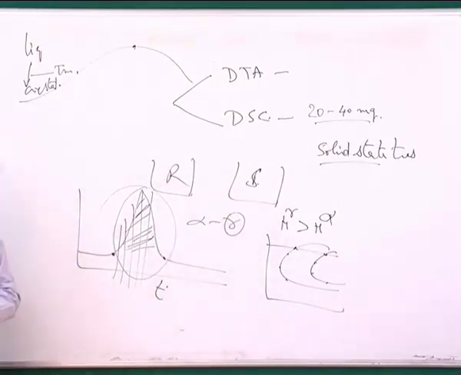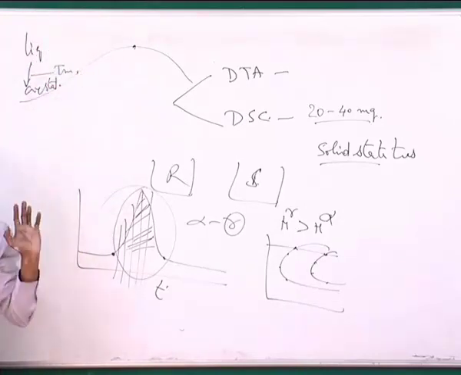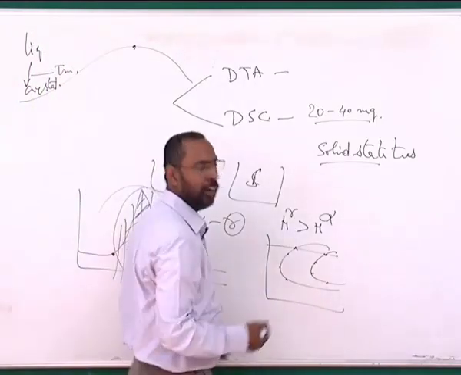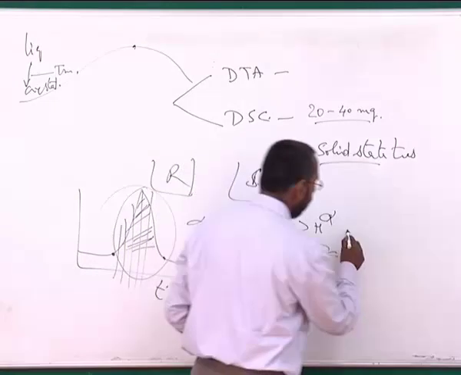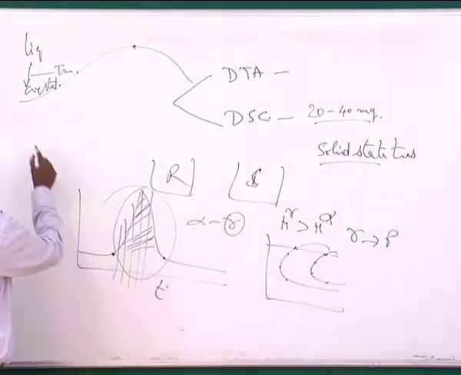But one point that one has to remember is that when I am doing isothermal DSC, I have to heat my sample very rapidly up to the transformation temperature, so that during this heating nothing is happening. This is very important. If you remember, when I am doing a TTT curve for austenite to pearlite, gamma giving pearlite, what am I doing? I am taking this alloy, heating it.